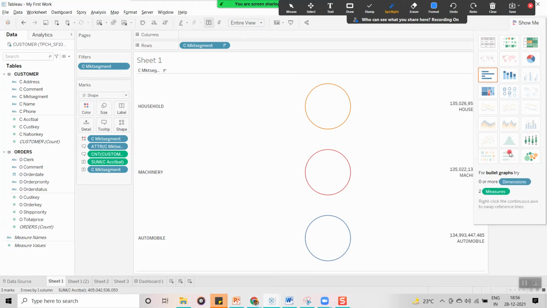If you want to create advanced visualizations like a bump chart, donut chart, or waterfall graph, those are not part of these default visualizations.